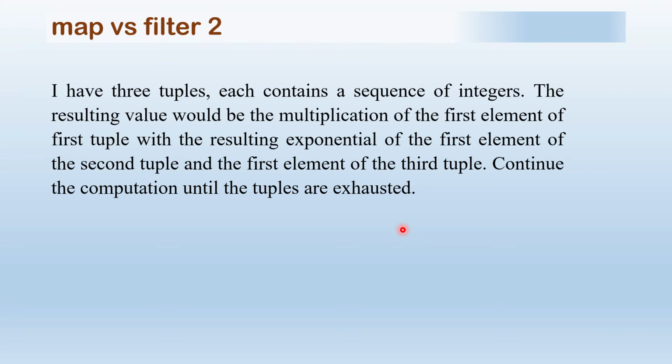Now, the second application. Let's say I have a series of integers, like this. This is an example. The first tuple has 4 elements, the second has 4, but the third one has 5 elements. What it means by the multiplication of the first element with the resulting exponential, the first element of the second tuple and the first element of the third tuple, means here, in the first example, 4 to the power of 2 is 16, times